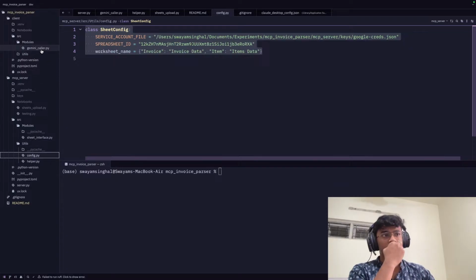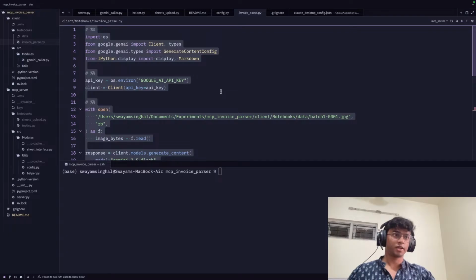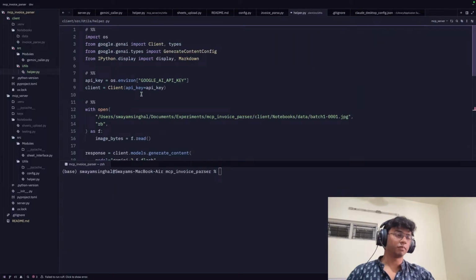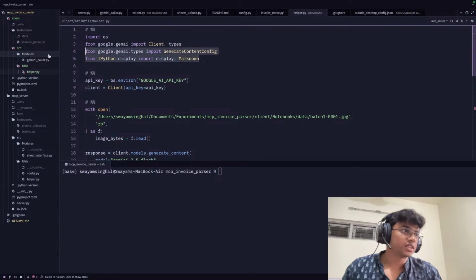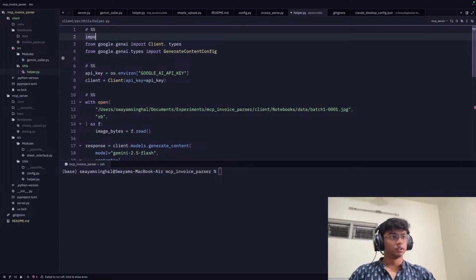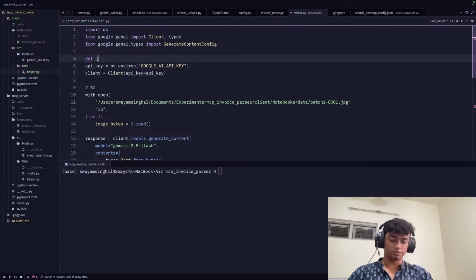Nothing of much importance. Let's go to our notebooks and our invoice parser. Let's copy everything up from here, and let's go to our utils. Inside of this, I'm gonna have a helper.py, and this structure you must be familiar with by now. And I'm gonna have all of this, and except this, we don't need this, and also we don't need, or we do need this. So yeah, and inside here, I'm just gonna set up a function which is get Gemini client,